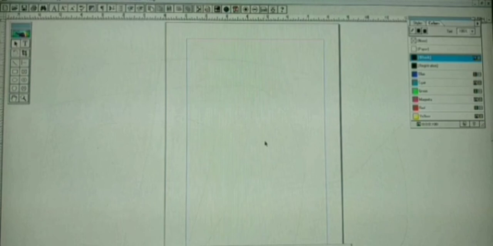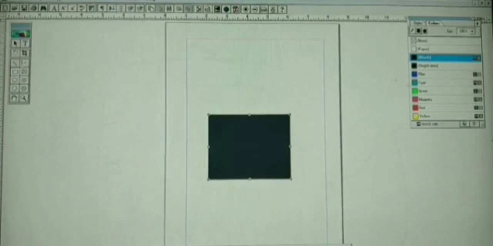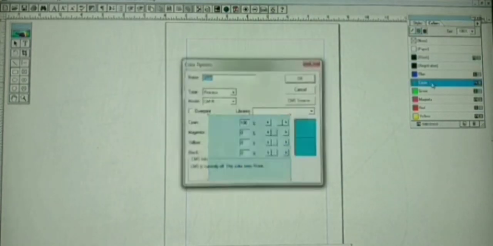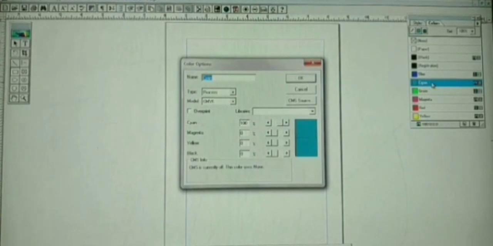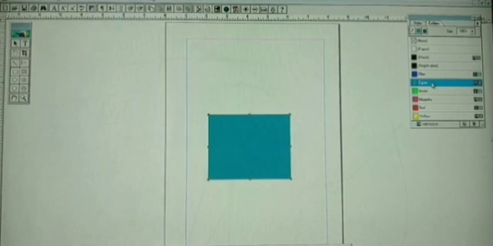So you have seen what you people are going to create by now. You are going to create a student notice board. For that what you people are going to do? You are going to click the rectangle tool, and you are going to draw a rectangle. Yes, the first rectangle you have drawn, and you have filled it with the cyan color.